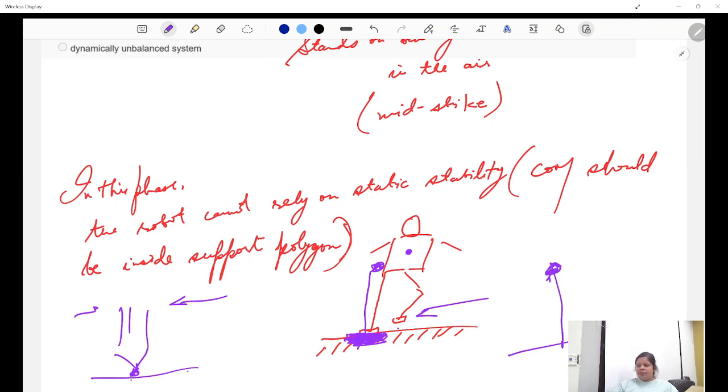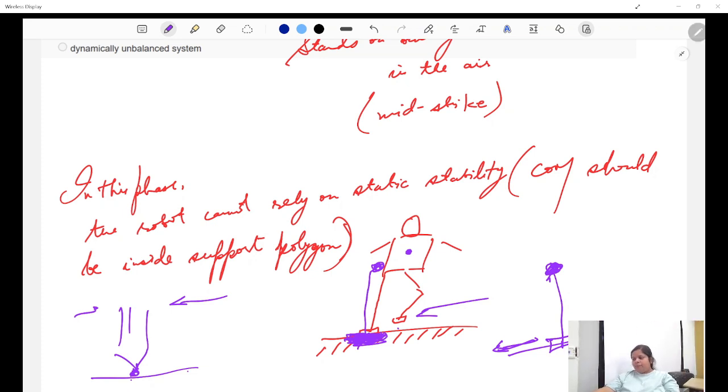How does it maintain? You have to have some forces and balance. There is a cart, and this cart keeps on moving. There is acceleration, and then you have external forces acting on this pendulum to maintain it in this position. You cannot have the pendulum maintained statically in this position, right?